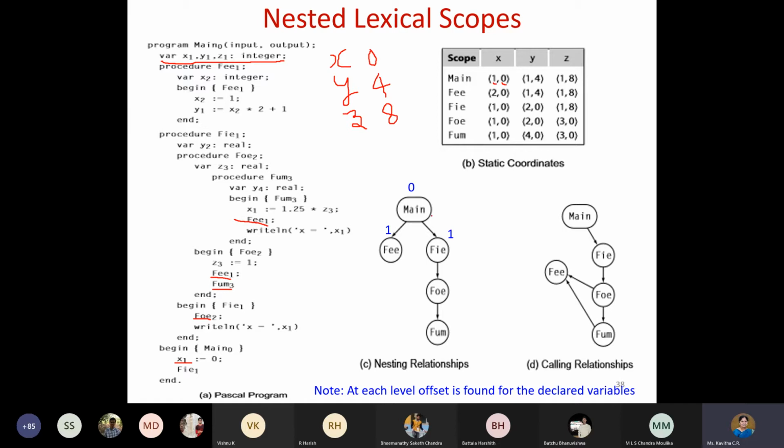Means once we started with the main, the scope also starts, and the scope of this x, whatever we use here, that will be 1. That's why the level of x is 1 at main, and the level of y is also 1, and the level of z is also 1. So we are starting with that level now. Before I start up with the main, I have assumed the level as 0. That is, the main is at the root node and the level of the main is 0. And once it enters the body of the main, we are going to take it as level 1. And the offset also I have already explained: 0, 4, 8.